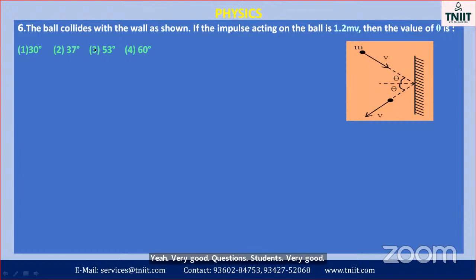The balls are going to collide with the wall as shown in the figure. If the impulse acting on the ball is 1.2 mv, where m represents the mass and v represents the velocity,